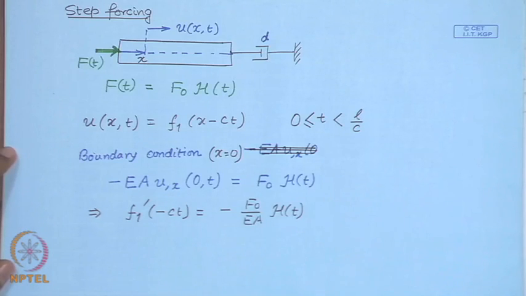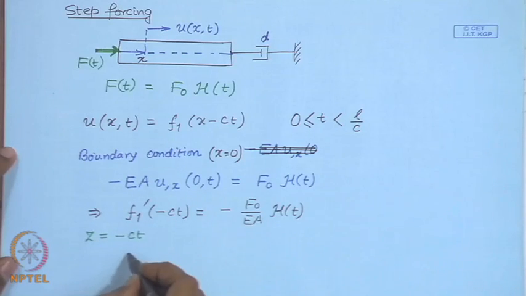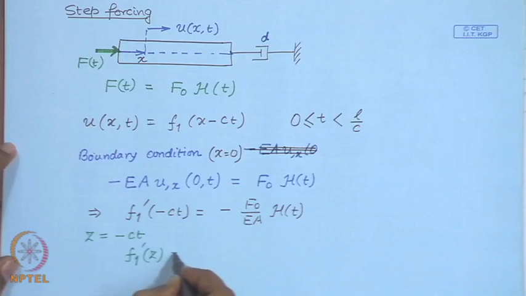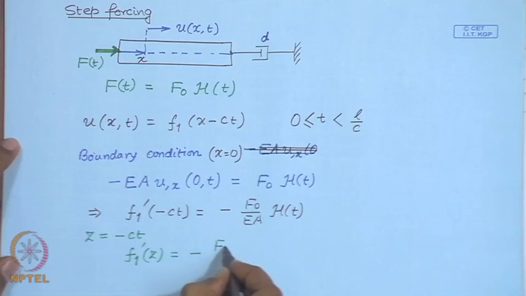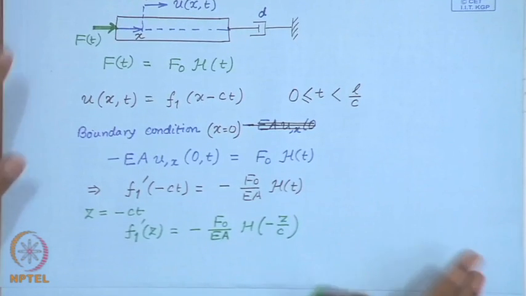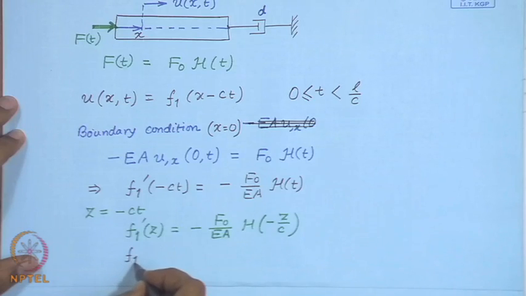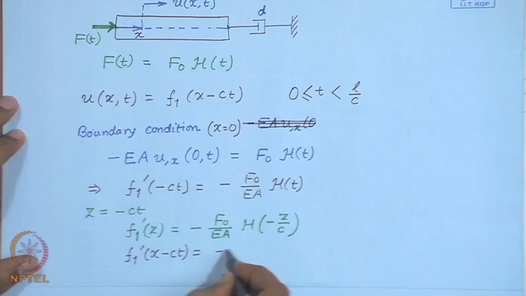Now, let us define z as minus c t, then we obtain f 1 prime. So, this is what we have, and therefore, f 1 prime x minus c t is